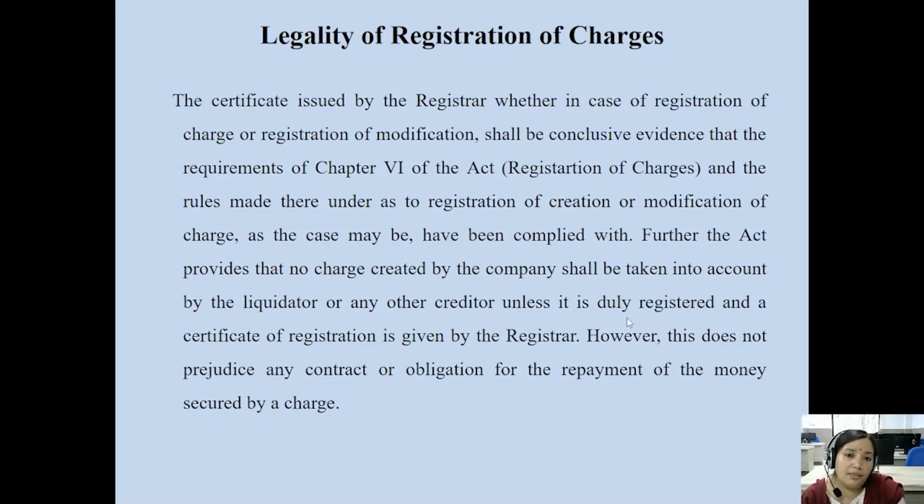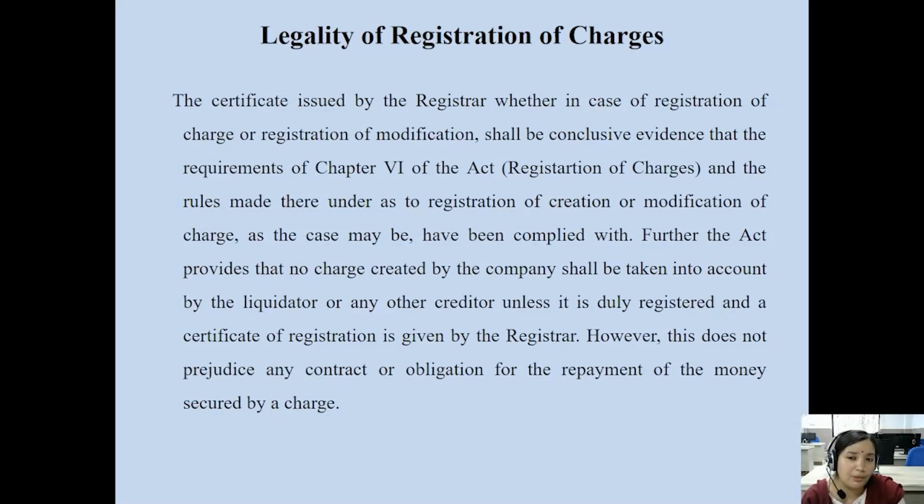Then the certificate is issued by the registrar, whether in case of registration of charge or registration of modification, and shall be conclusive evidence that the requirements of Chapter 6 of the Act, registration of charges, and the rules made thereunder have been complied with. This ensures your legality, your validity, the conformity of registration of your charges. That gives you enforceability in the court of law,